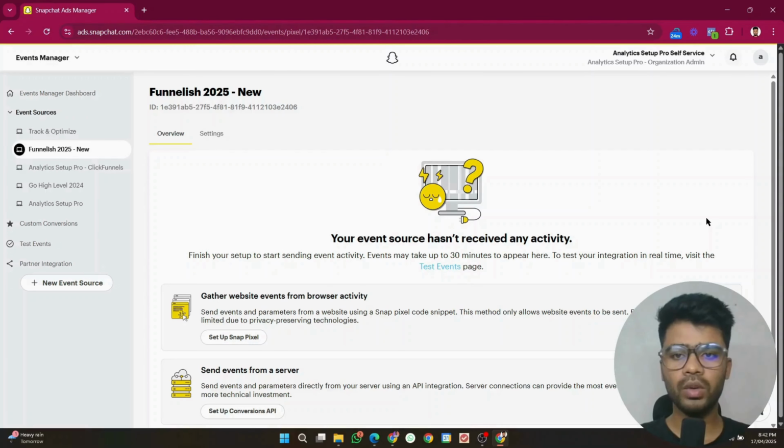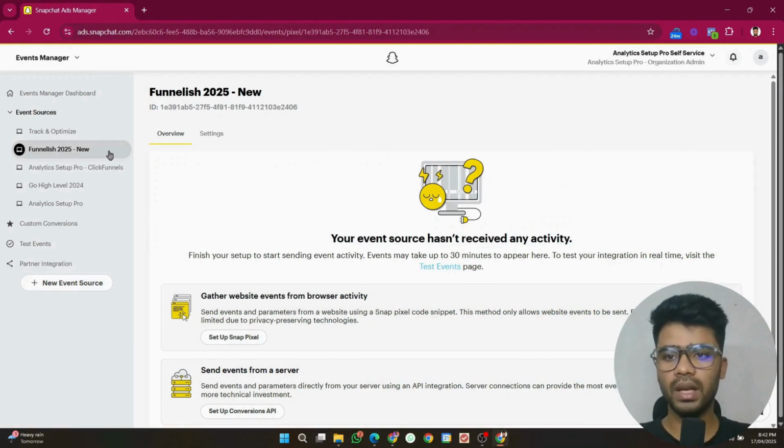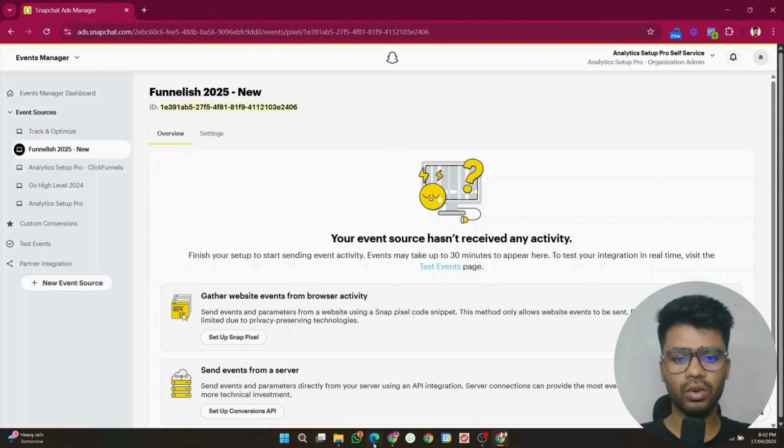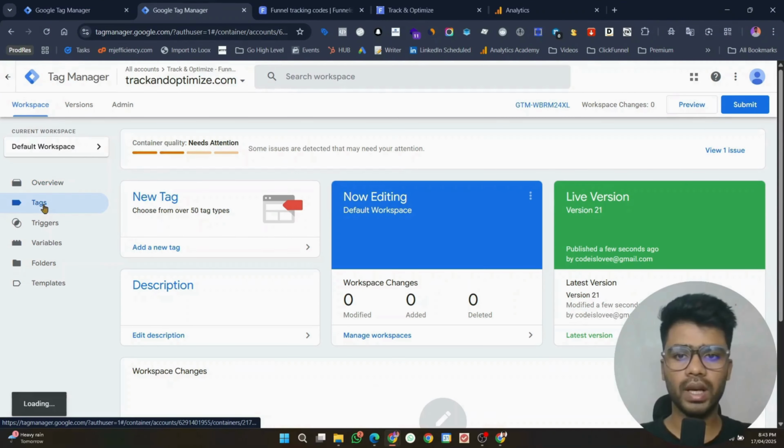So now we will be seeing how to integrate our Snap pixel for events like subscribe or lead type things. What you need to do is come to the events manager directly and go to your pixel. I am on my pixel and copy that ID. That's it. Go to your GTM and go to tags,